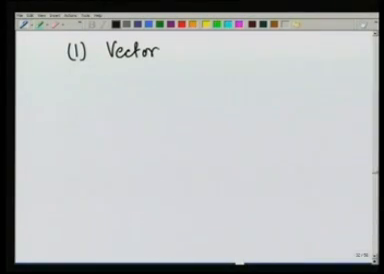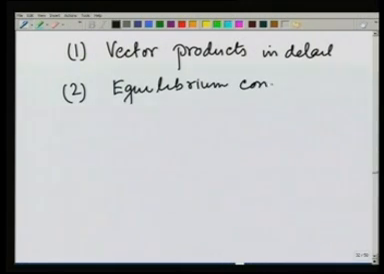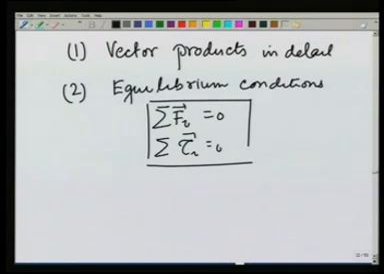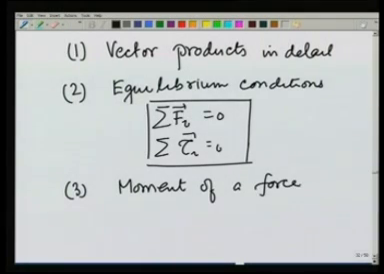So, let me just recap what all we did in this lecture. One, we looked at vector products in detail. Then we looked at equilibrium conditions and found that summation F I is equal to 0 and summation torque I is equal to 0 are both necessary and sufficient conditions to ensure equilibrium. Then we started looking at different aspects of equilibrium separately, and third, we looked at moment of a force and found that